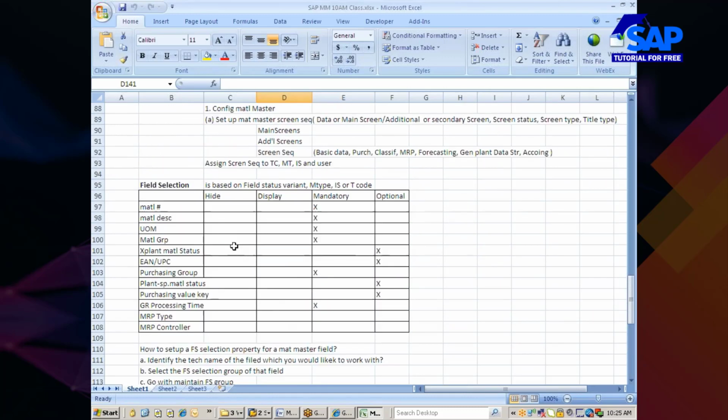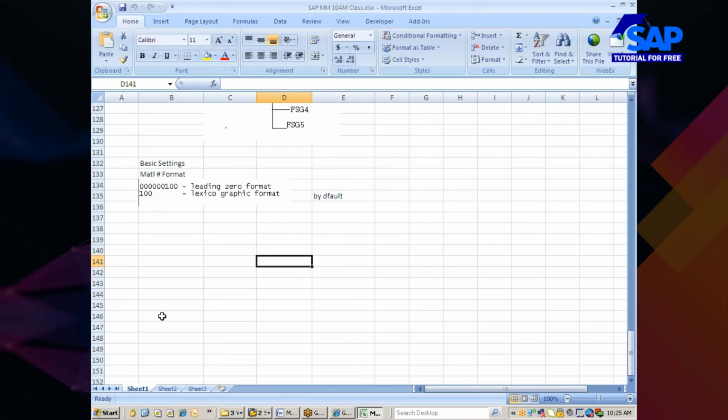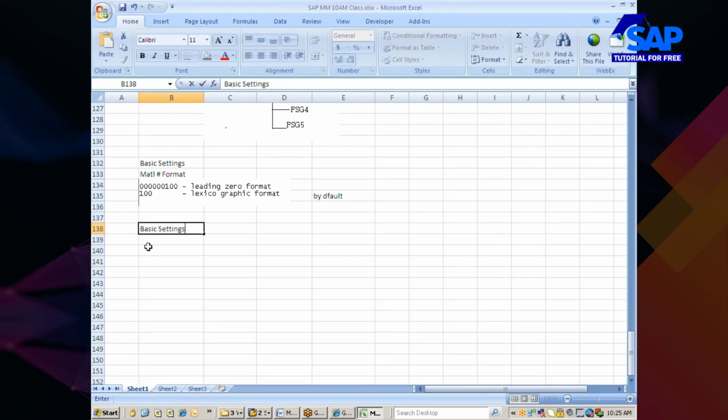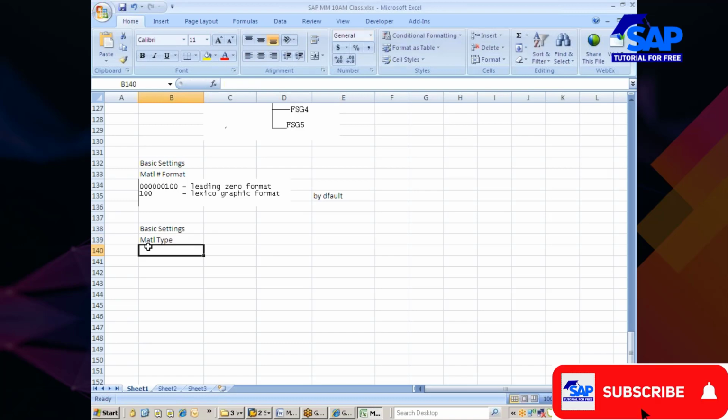Alright, so here we are done with field selections, and then here we are working with basic settings. Under basic settings, the most important thing is material types. Under material type, define material types.